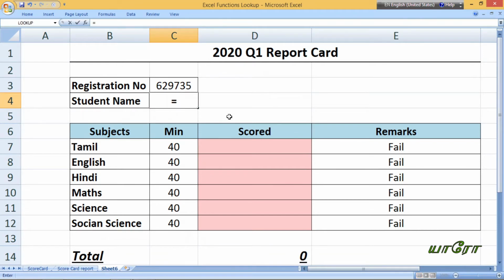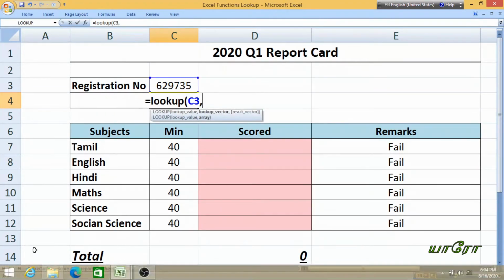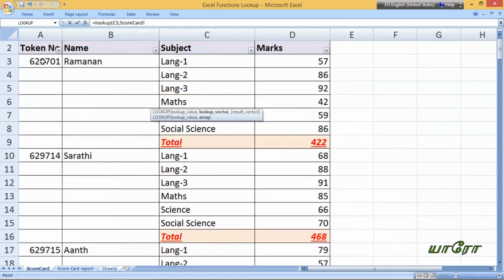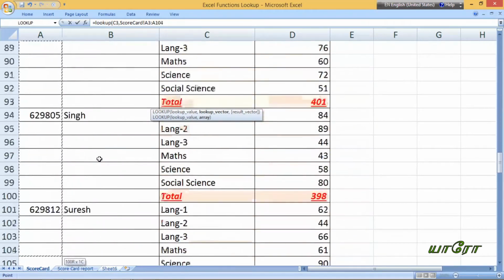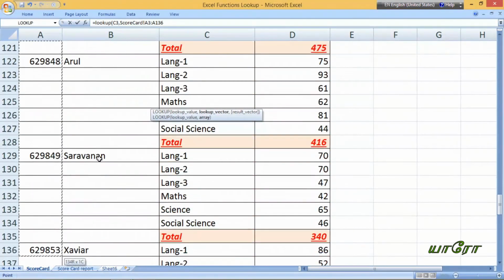get the real data, the name, with the lookup formula. I am going to get it. I have to search this number in this lookup vector.